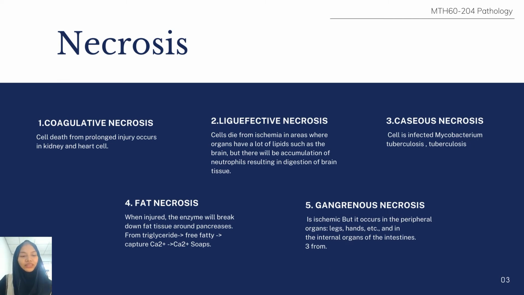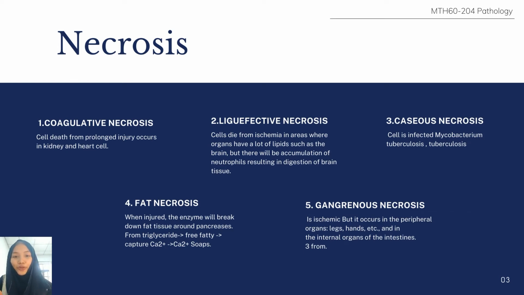When injured, the enzyme will break down fat tissue around the pancreas from triglycerides to free fatty acids, which bind with calcium and become calcium salt form. The gallbladder will see the accumulation of calcium salt. If you look under a microscope, you can see that the area is pink and you can see calcium deposits